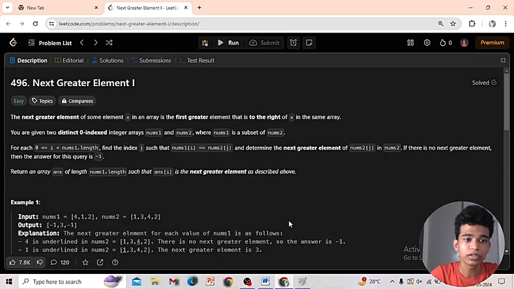You are given two distinct zero-indexed integer arrays, nums1 and nums2, where nums1 is a subset of nums2, which means it contains only values from nums2, in an order. Now, for each i, where 0 is less than or equal to i is less than nums1.length,